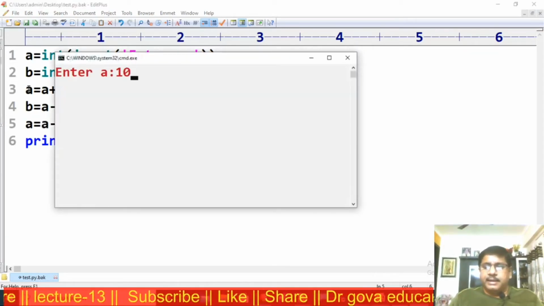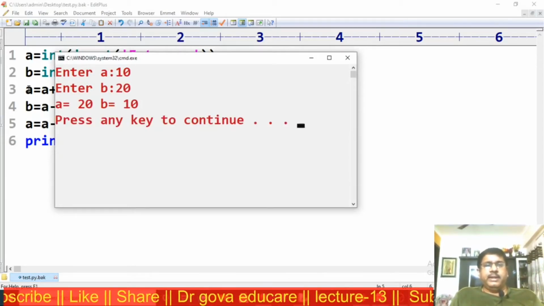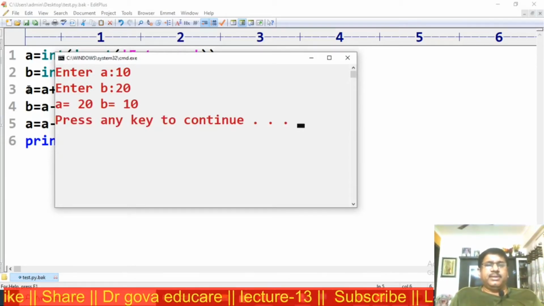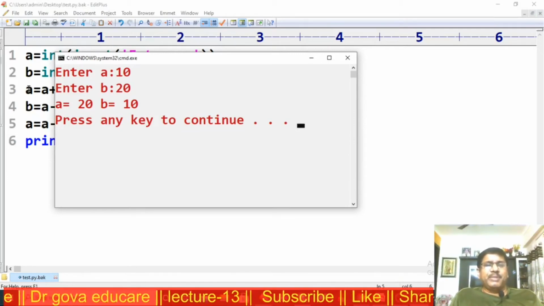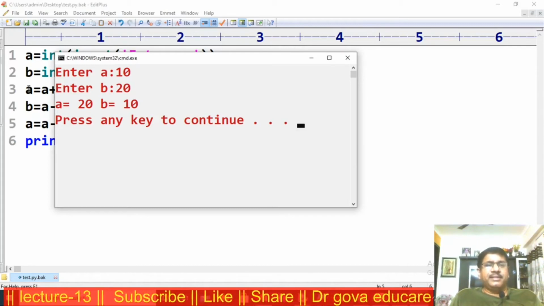Enter A 10, 20. Now A is equal to 20, B is equal to 10. This is the swapping of two numbers in three different ways.